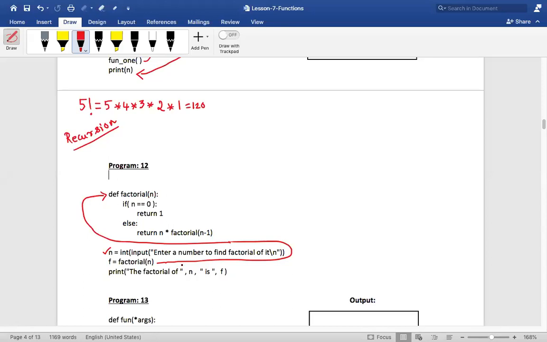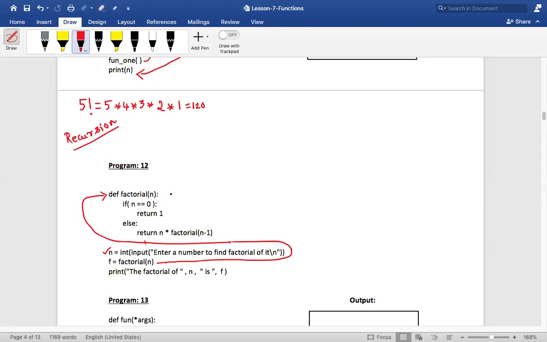Now the control will go to factorial, isn't it? Now this n will also get passed. So what will this n contain? It will contain the value from the keyboard, the user. This n is 5 and I am passing this n where I'm calling this function. So this n also will come and sit here, no? What is the value of this n? It's 5, right? Everyone okay with that?